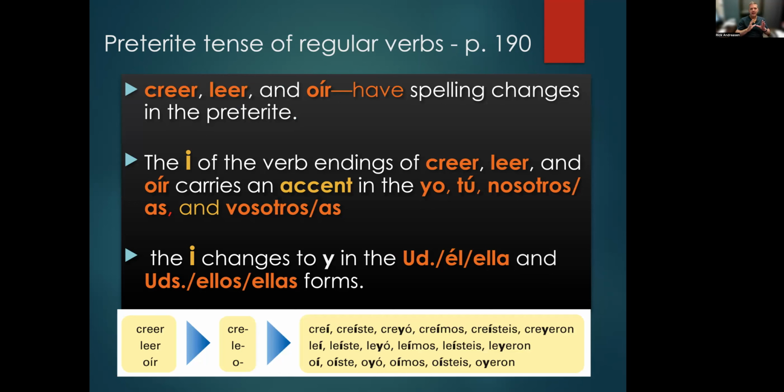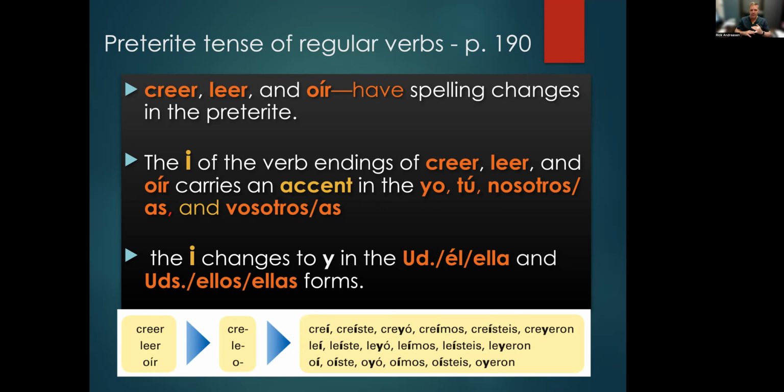Okay, present tense of regular verbs. We talked about this a couple lessons ago when we did the present participle, that some of these, when you have a vowel and then the ending is also beginning in a vowel, and then the next letter is also going to be a vowel, that I will change to a Y. We saw it with leer, which when we talk about present participles becomes leyendo with the Y, because otherwise you'd have E-I-E-N-D-O. It's the same concept here. In fact, leer is one of those same verbs.